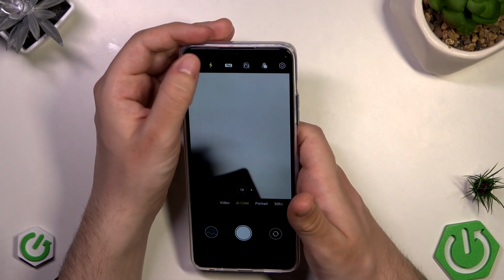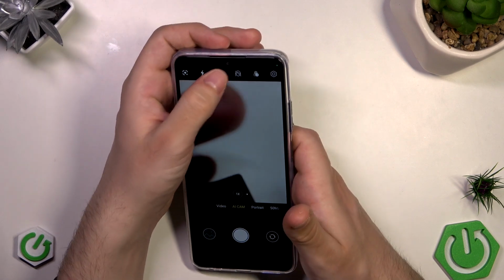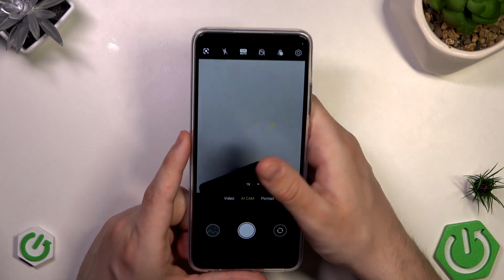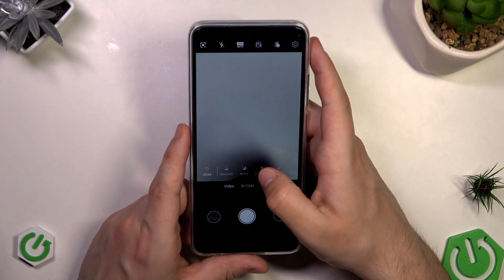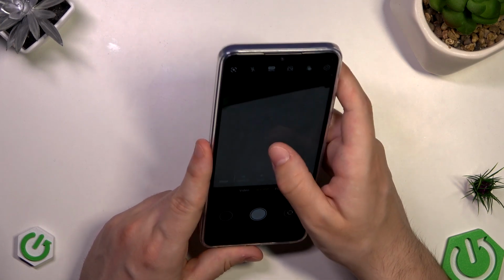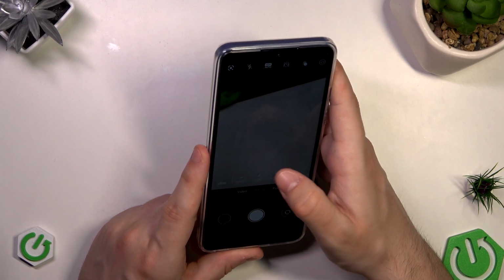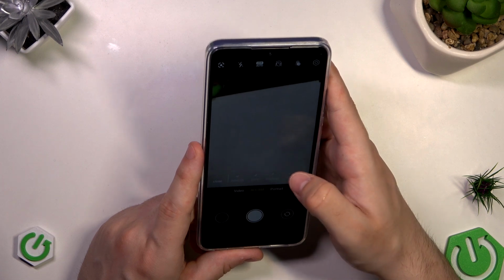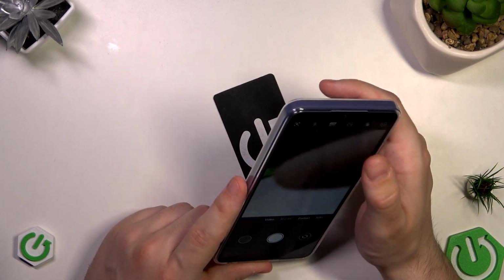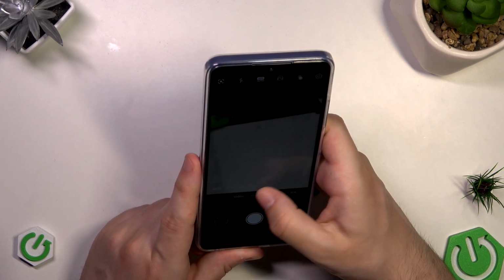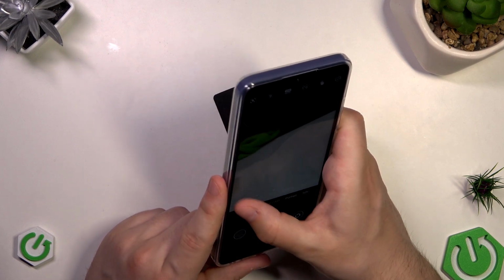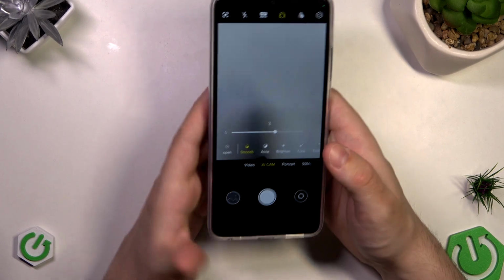Now, next to it we can enable or disable the flashlight. Next to it we have the HDR. As you can see, now it's enabled, and now it's off. Next thing is the option to Beautify, I would say. In here you can select the smoothness, change the tone, enlarge, slim, lips, and okay, now finally in here you need to first click on close right in here, and